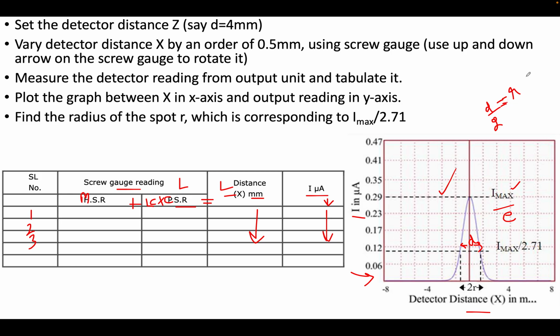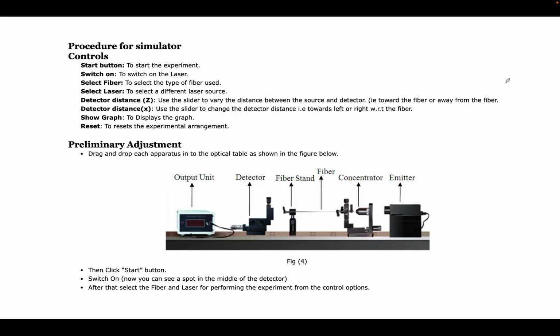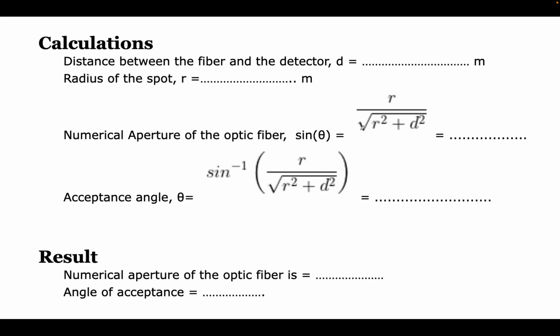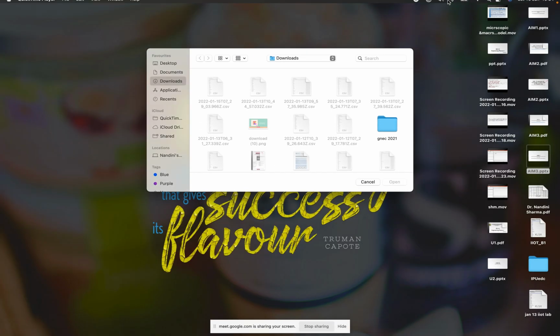This is how you are getting the value of radius, and this radius value will be used in this particular formula to get the value of numerical aperture. Okay, is it clear, class? Yes, ma'am. Okay, just ma'am, how many readings